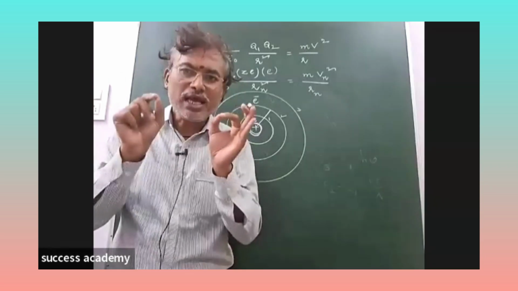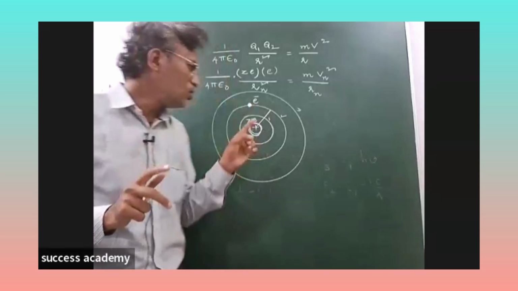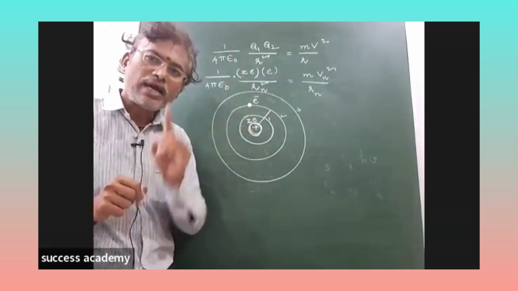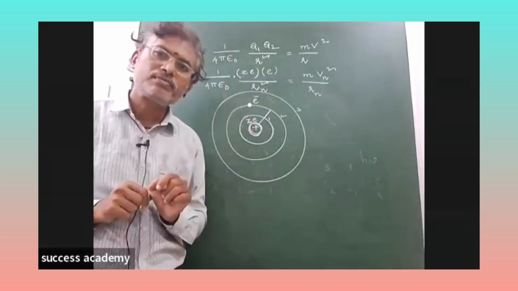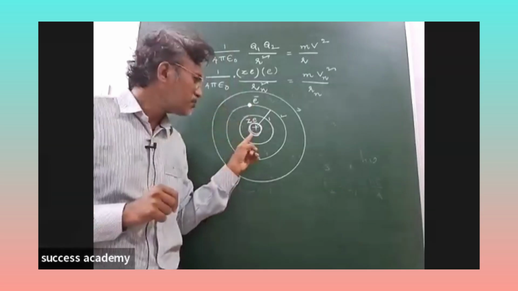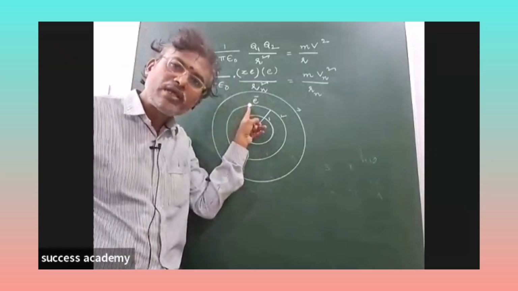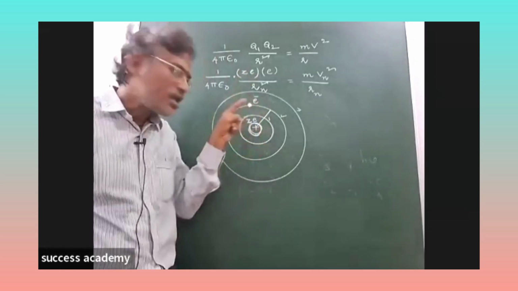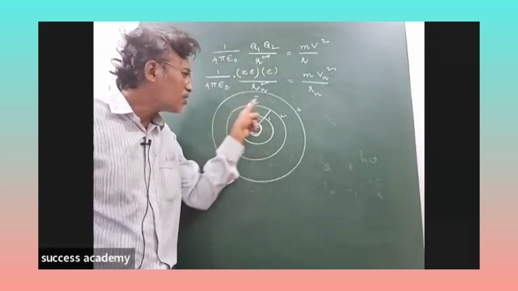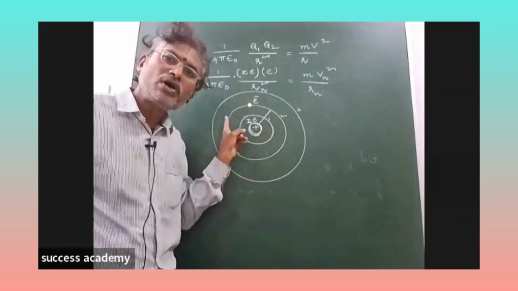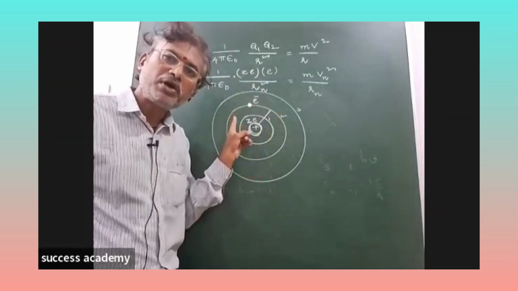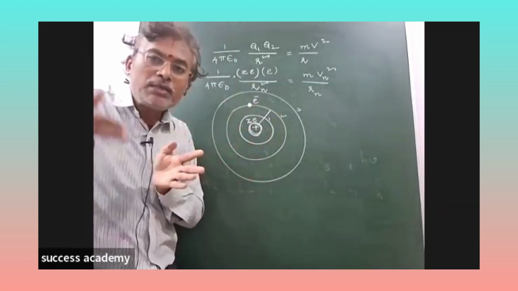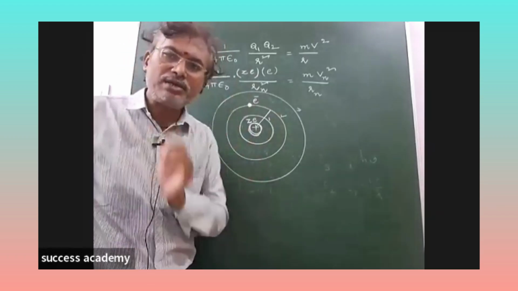Fine. The same consideration. Sun is the nucleus. Earth is the electron. Around the sun, Earth is revolving. Around the nucleus, electron is revolving in the particular orbit. So, as same as the consideration of the Earth and Sun,